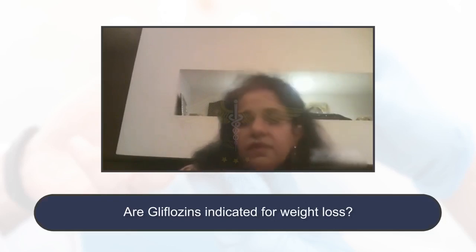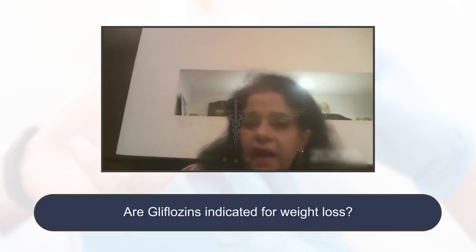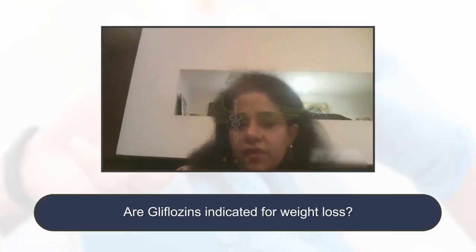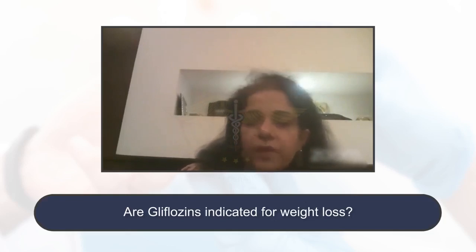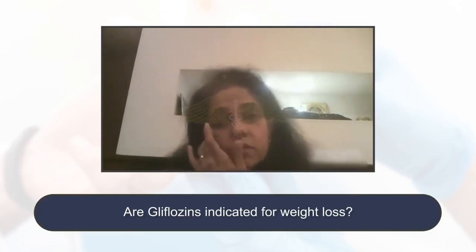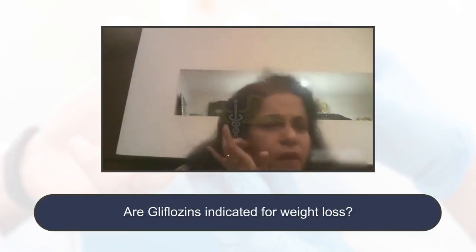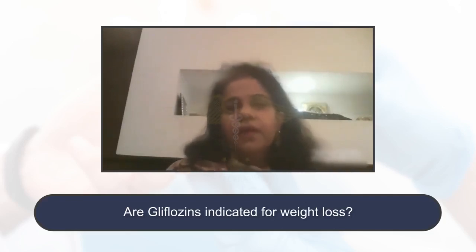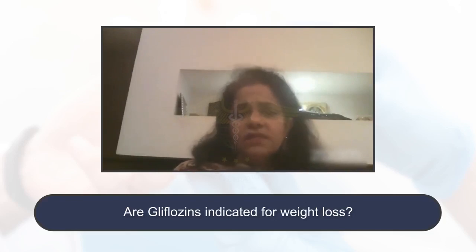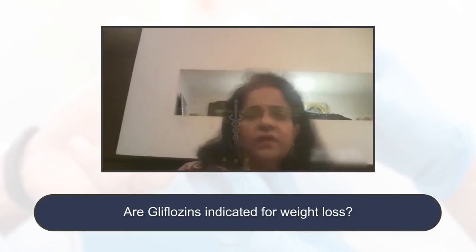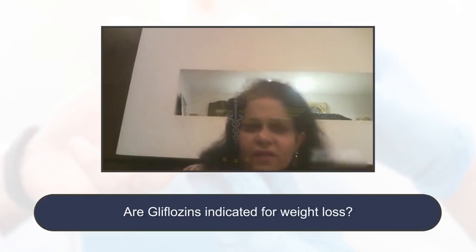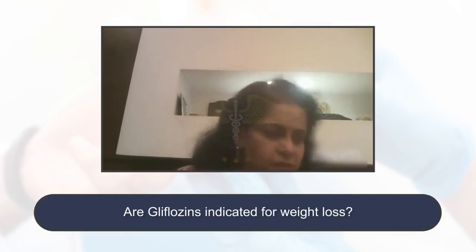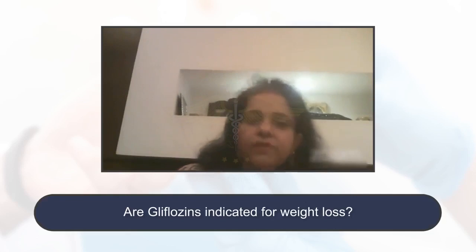liraglutide suppresses the central appetite center. It crosses the blood-brain barrier and suppresses the appetite center along with delaying gastric emptying, and so the patient feels full. So via these mechanisms, there's definite weight loss with liraglutide also. But we are waiting for semaglutide. So GLP-1 agonists have been used in management of obesity, but I don't think I have used SGLT2. In some patients, I tried Cana 300, but I don't think I can actually tell you. Used in about 10-12 patients, but not much weight loss because of the mechanism.